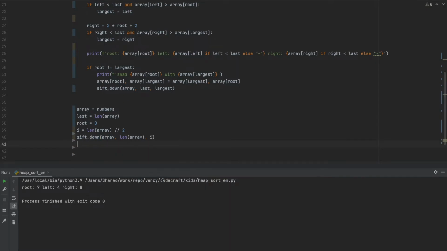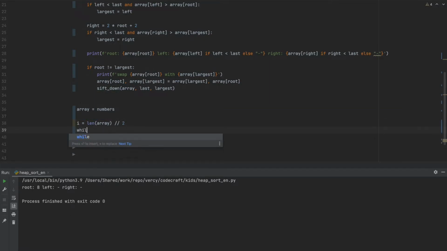Now when we run this, yes, it starts with the subtree at 8, which is good. It doesn't have a left and a right child. That's perfect. Now if we actually want to build a proper max heap from this, we will have to put this into a loop. So let's just do that.